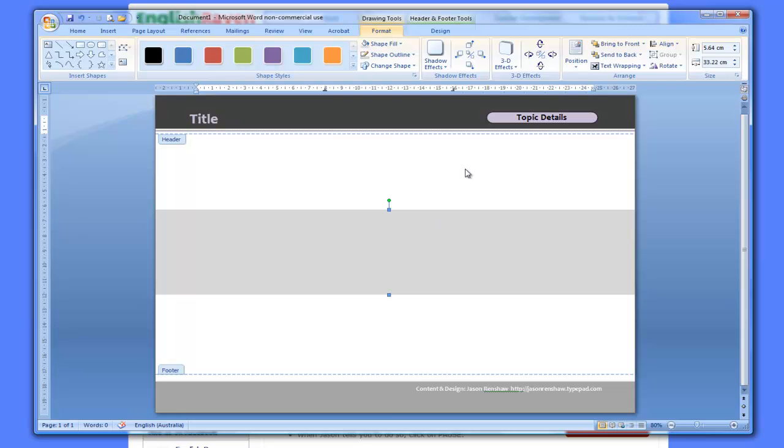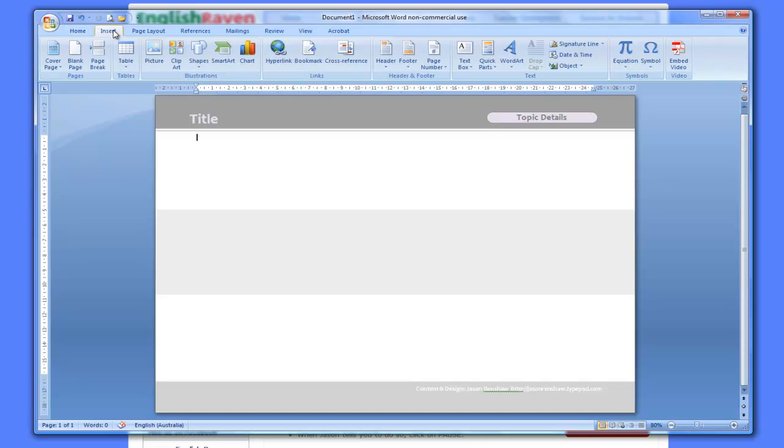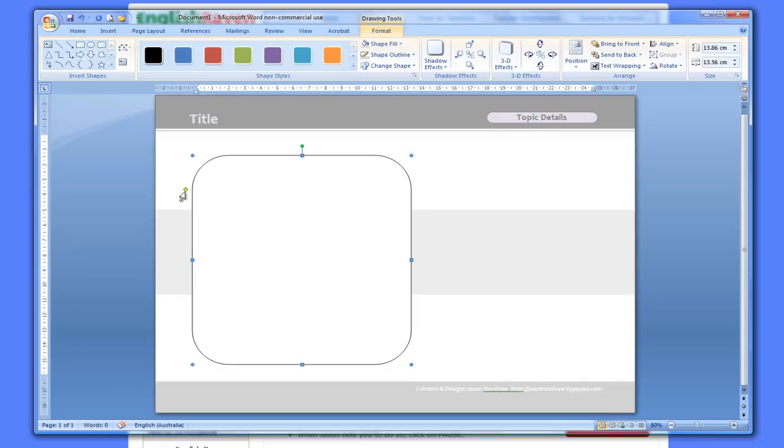What I can do now is I can go back to my main page. I can insert something here, which is going to be my main input, and I've already got, well, I'll show you what I mean by that. If I put in something like this, okay, this is just a rounded rectangle. If I put that in